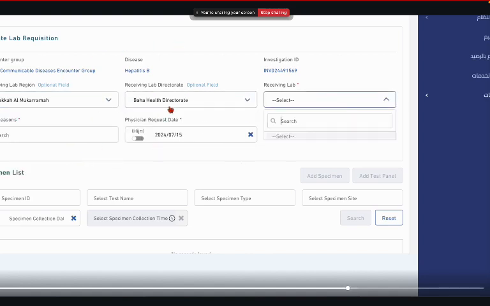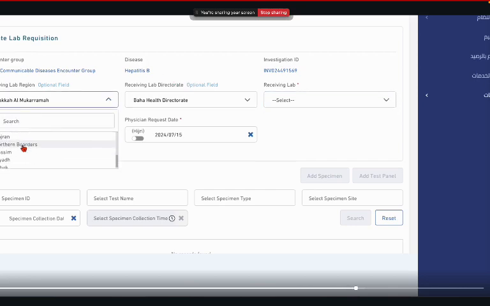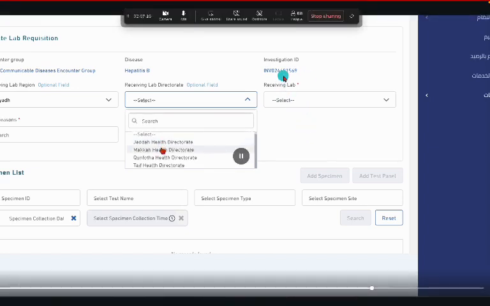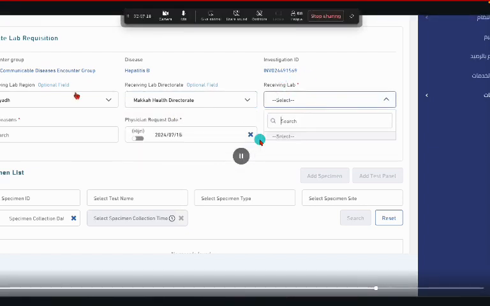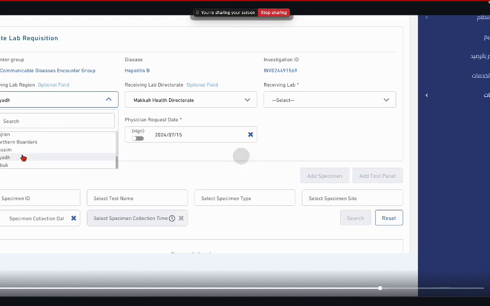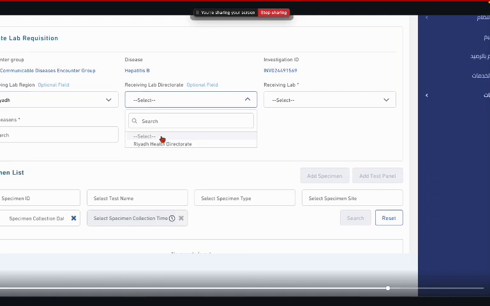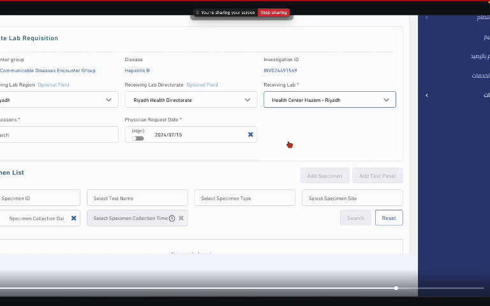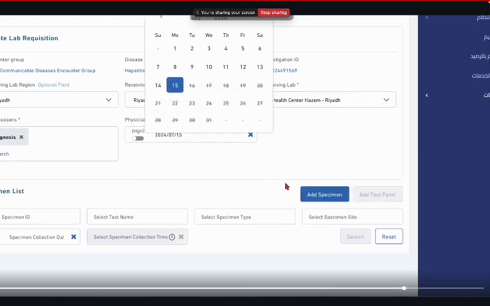So the receiving lab region is based on the lab that you want to send the samples to, okay? So you select it, and the same step here, receiving lab. The test reason, okay,